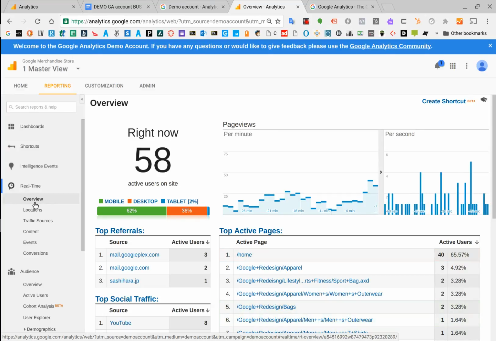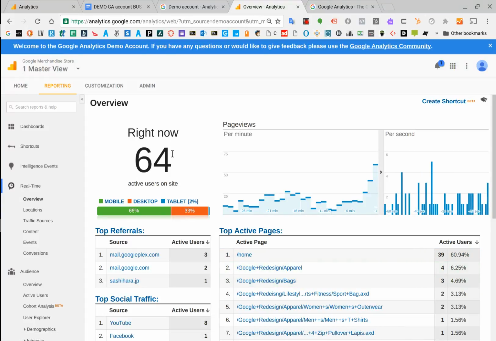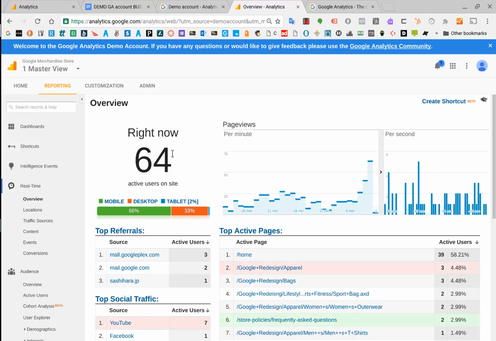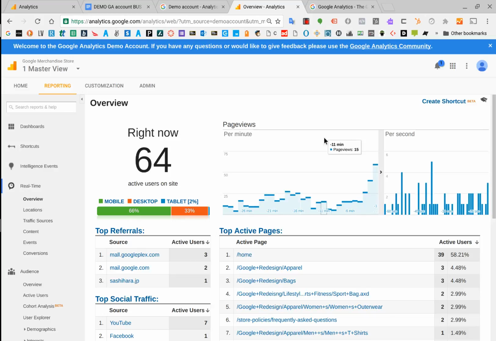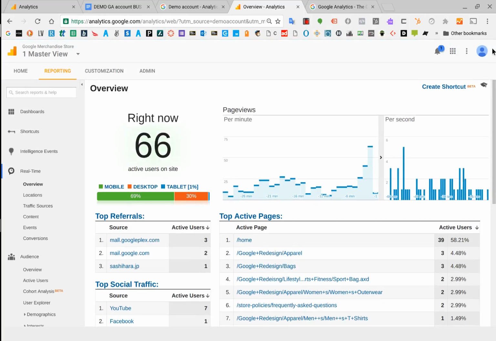Now, if you do this early in the morning, late at night, on a weekend, on a holiday, you may see different traffic, right? We can imagine there's times when it's more busy and less busy. And so now what I want you to do is to close this blue bar on the top. There's a little X, so we're going to close that. And we're going to click back on home.